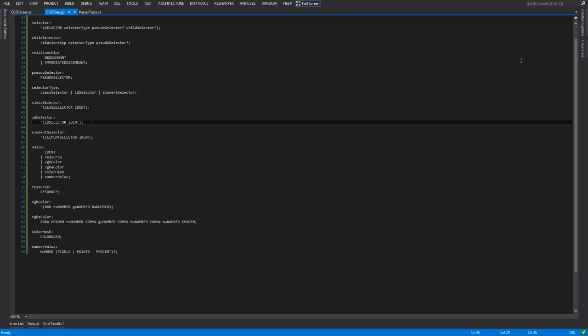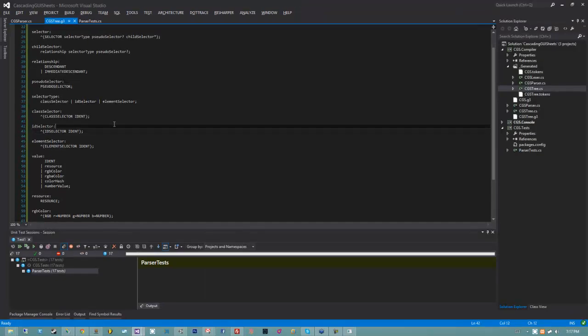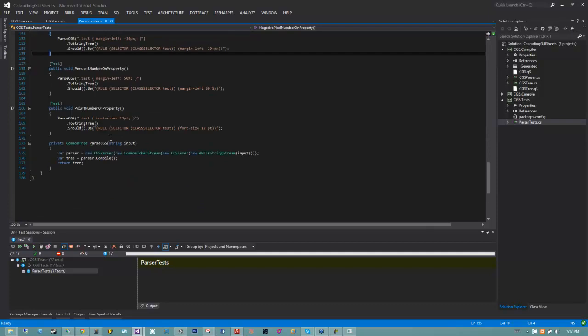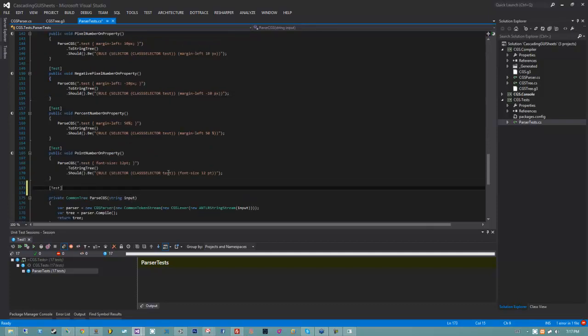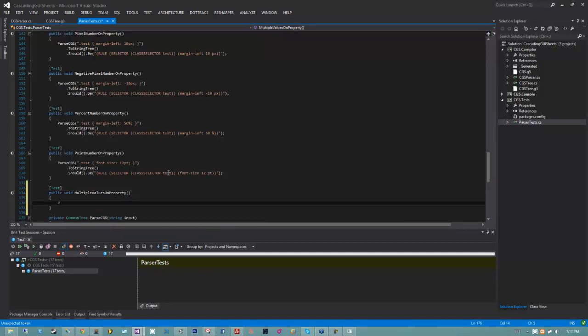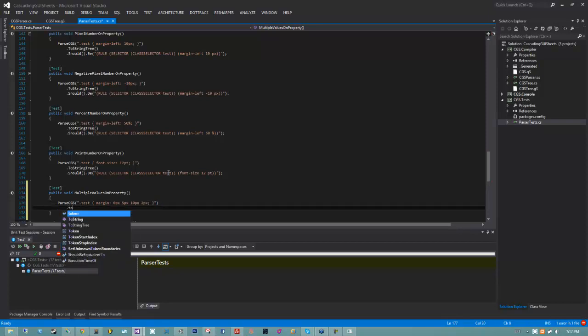In CSS, and obviously CGS, because CGS is built to be like CSS, we can actually have multiple values for a property. So let me write a test that'll show everybody what I mean by that. I'll do a test, public void, multiple values on property. Let's say we have parse CGS dot class selector of test with a margin of 0px, 5px, 10px, 2px. Now that's completely valid